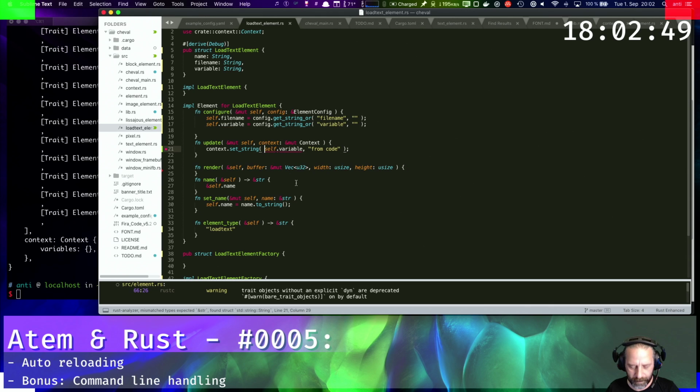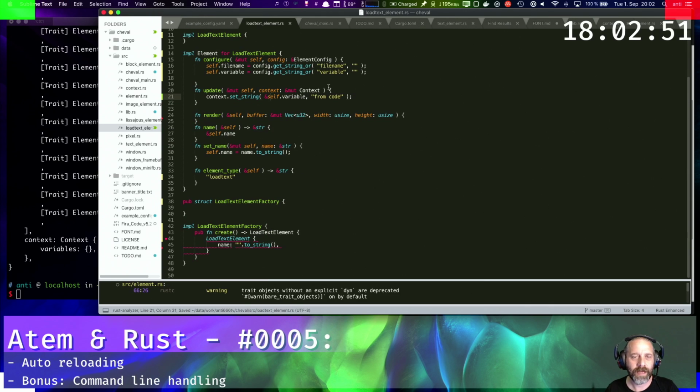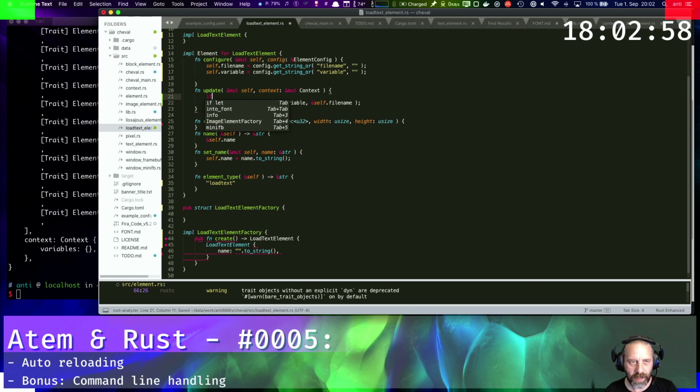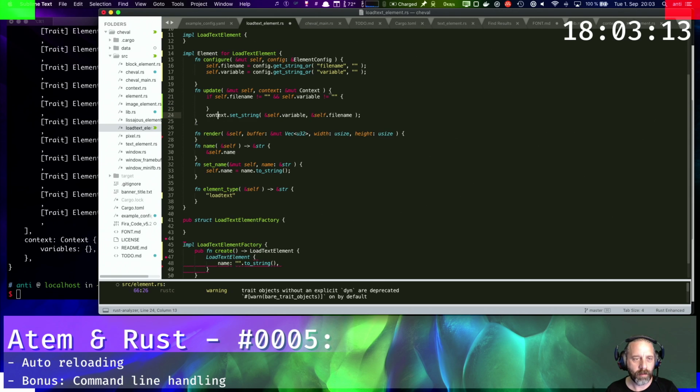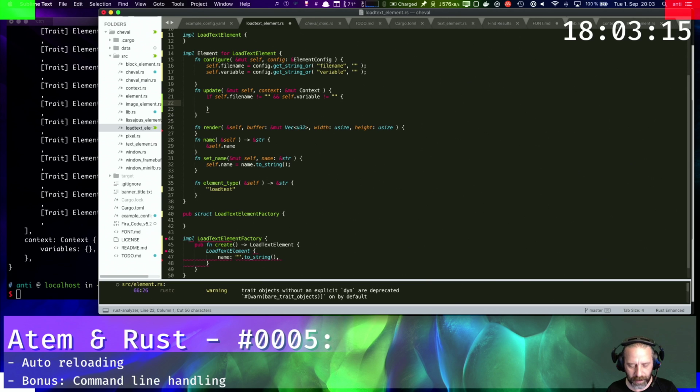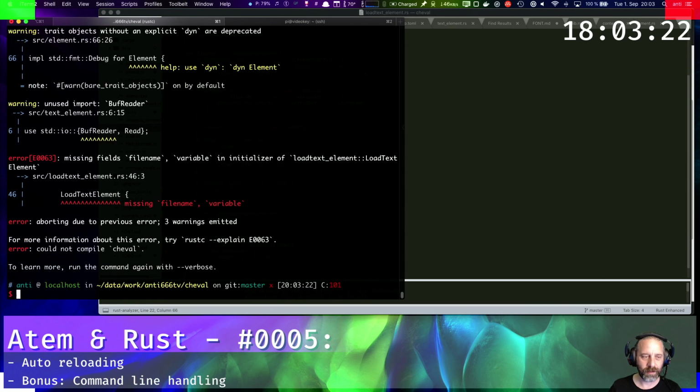Oh, and let's just set the file name here for testing, and we say if self.file name not equals nothing, and self.variable. So only if we have the setup complete, we update this, and right now we update every frame. We probably don't want to do that, but